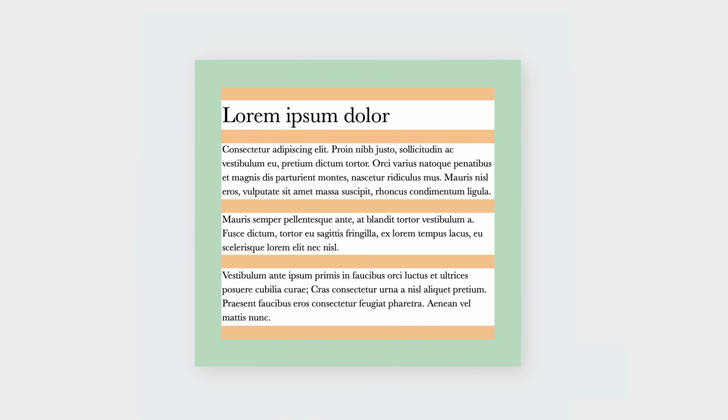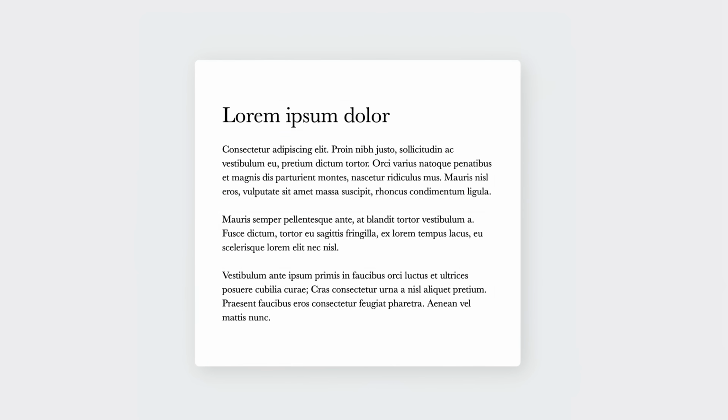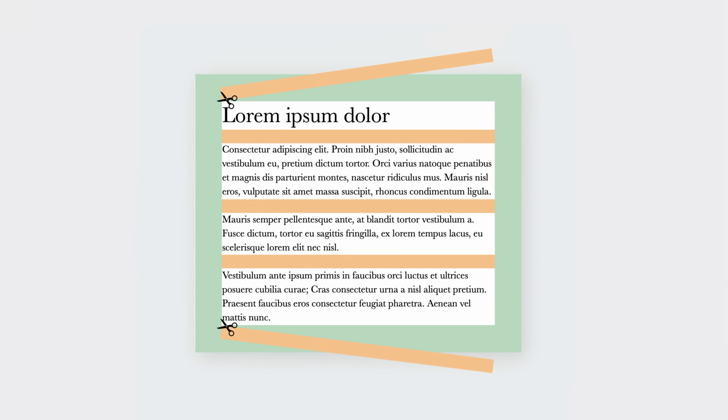The margin above the headline and the top padding on the container get added together to determine how much space there is between the top edge of the box and that first line of text. Same on the bottom. The margin below the last paragraph gets added to the bottom padding on the container, which probably adds up to more white space than intended. What we want instead is to only have the padding on the top and bottom, and to not have any margins involved. This will give us more uniform space around the box. What we need is a way to eliminate any margins that push up against the container.